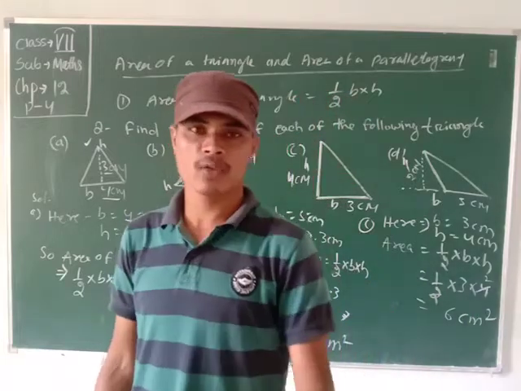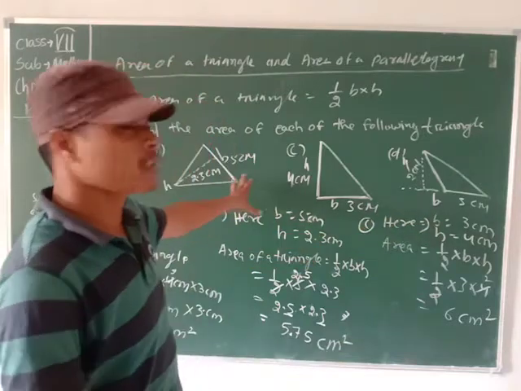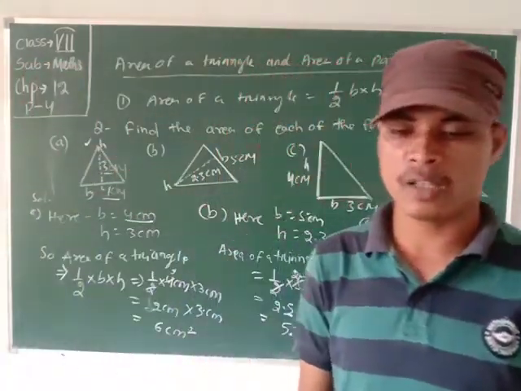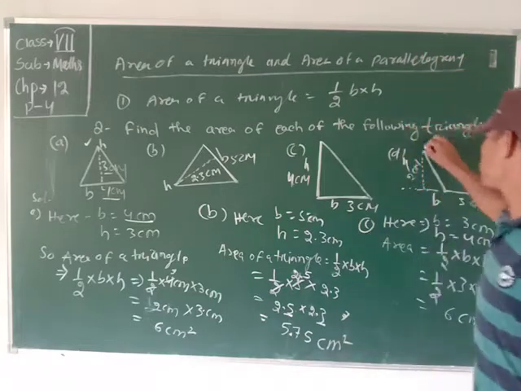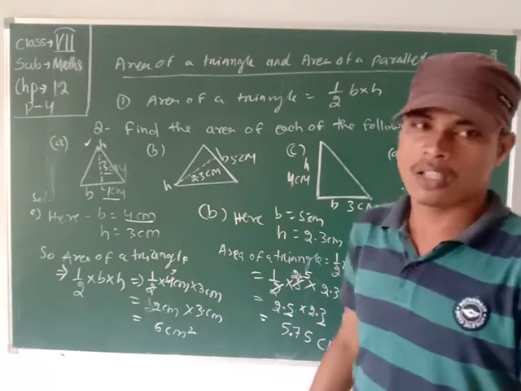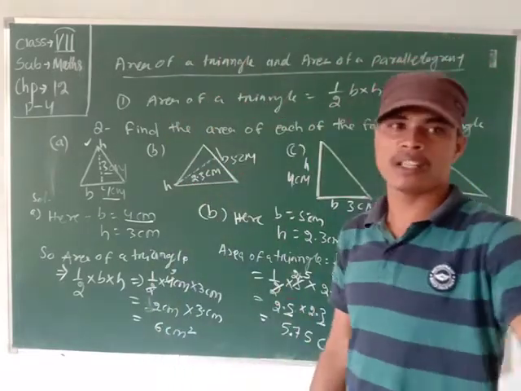I hope all of you understood how you can find the area of a triangle using the formula that we derived in our last video session. Now we find the area of the next triangle that is given. Also you try yourself. Here also base into height. Then the area is 1 by 2 into 2 into, cancels. Then area is 3 centimeter square. You also try yourself from your books and try to find the area of triangles.